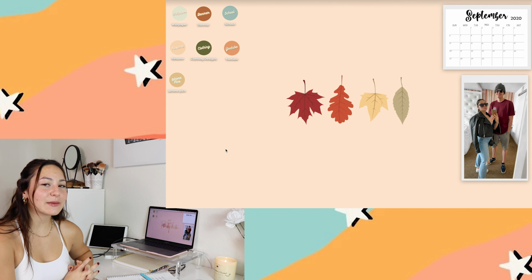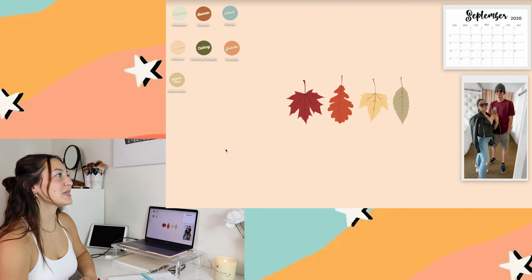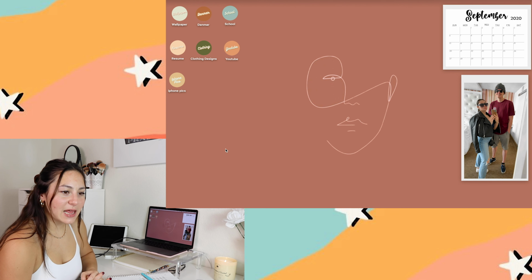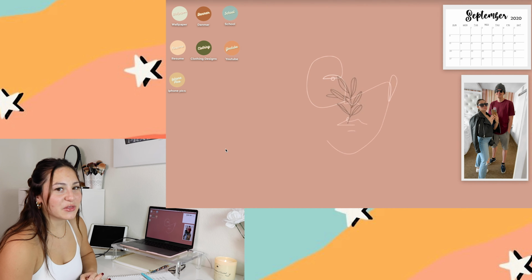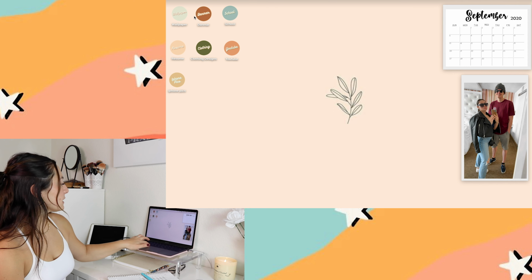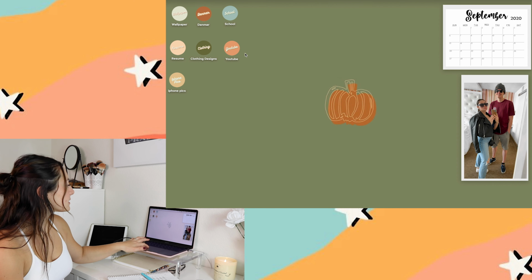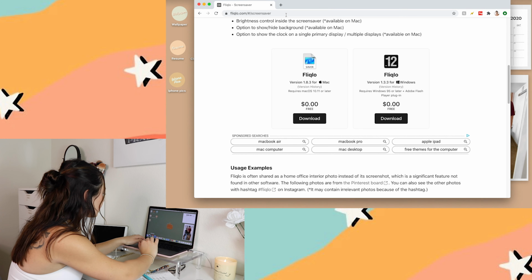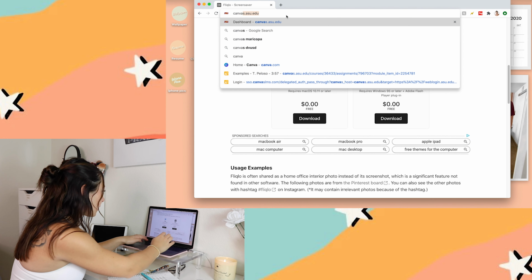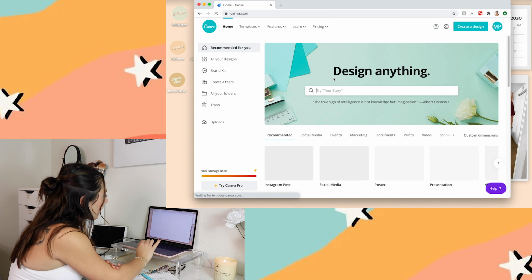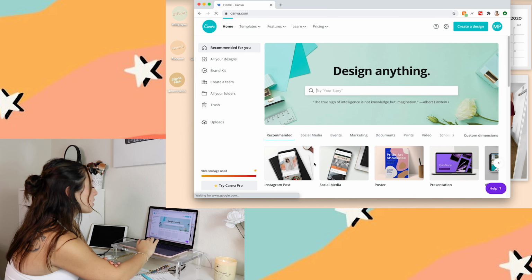Next, we're going to be talking about folder icons. Now, I've been doing this for quite a while, probably since 7th or 8th grade. I knew of this trick. So as you can see right here, I have all my folders, and I kind of labeled them. So what I do, and you can do this with any photo as well, I go to canva.com, and like I said, I've been using Canva for so long. This is how I make my